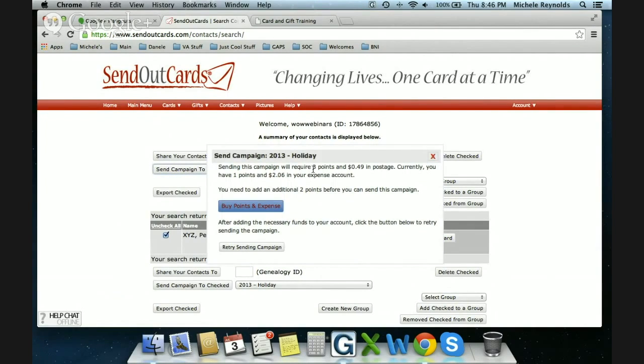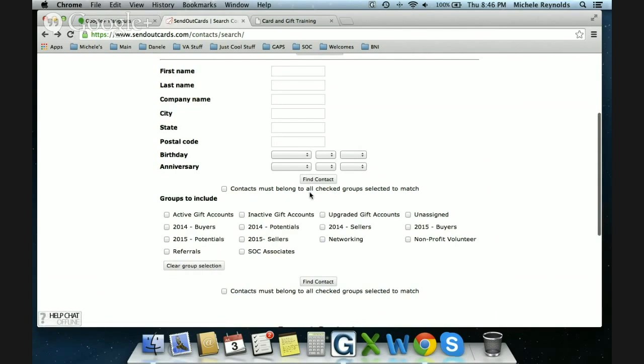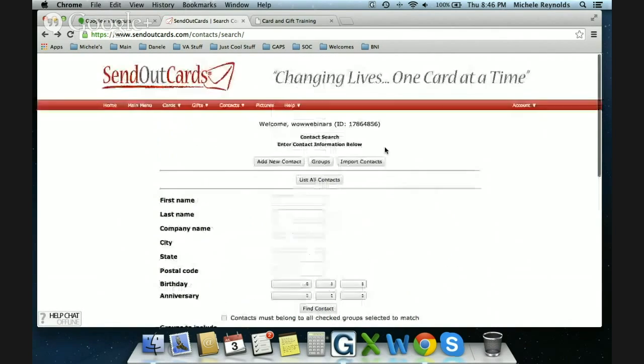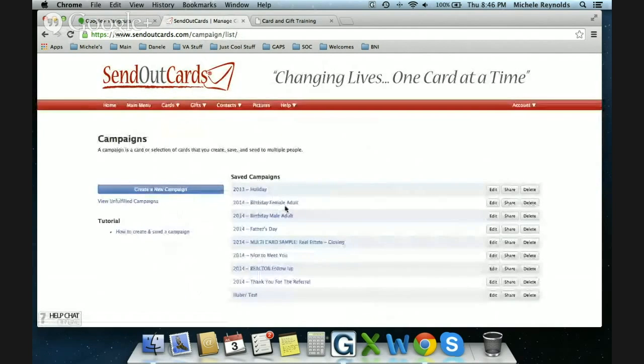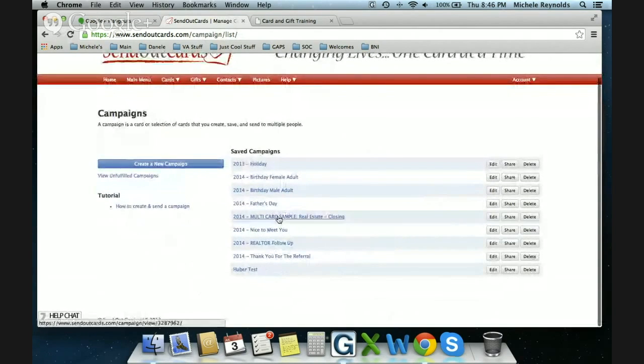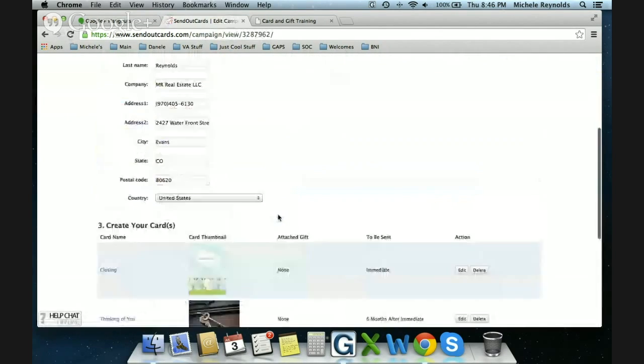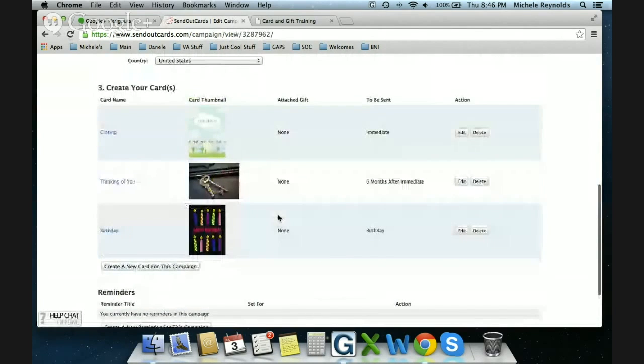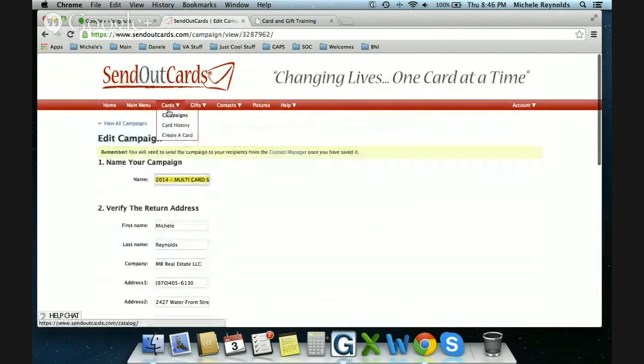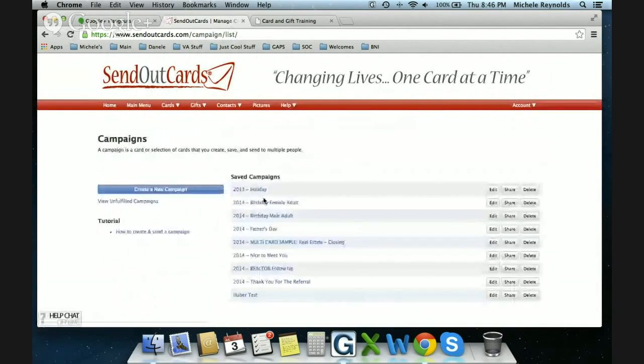When it tells you the total you need, so you can figure out how much postage you need and how many points you need, you'll just quickly send OK, and the card will literally go to all those people, mail merging in their names, because you would have built a multiple card campaign with either like this one that has 3 in it, so they would get 3 different ones, or they would get one that looked like,